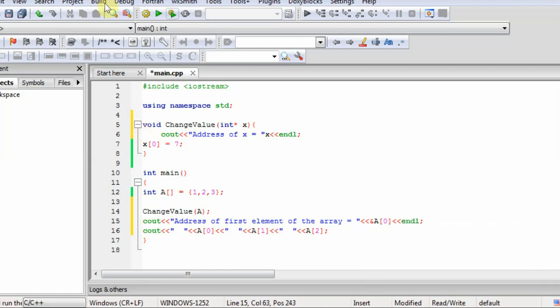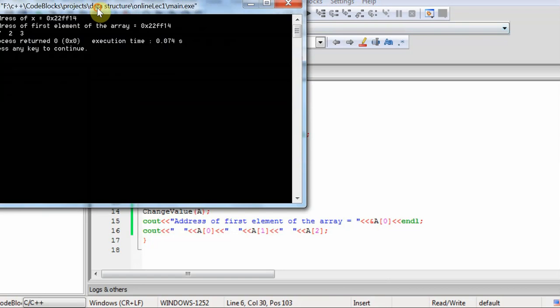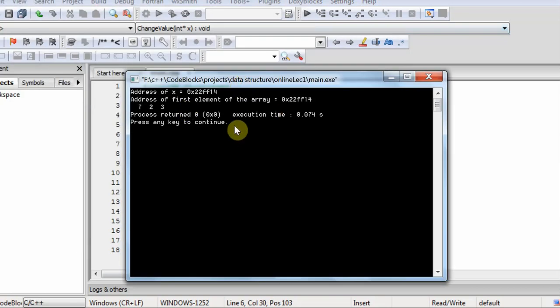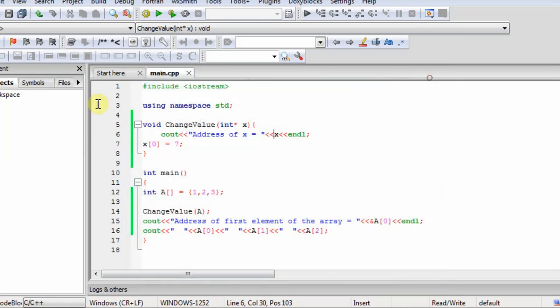So now look, inside the function it is printing this address, and the address of the first element of the array is also this. So now it should be clear to you, this is only passing the address, not the whole array. When we point to that address, it will reflect the changes in the main function.